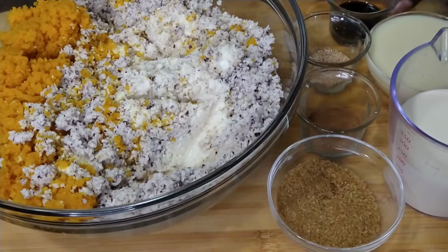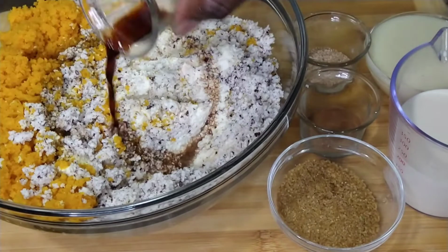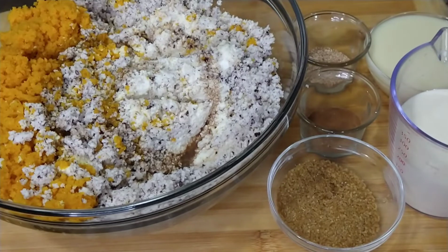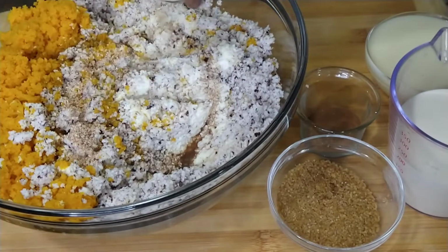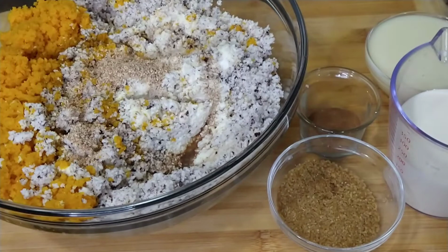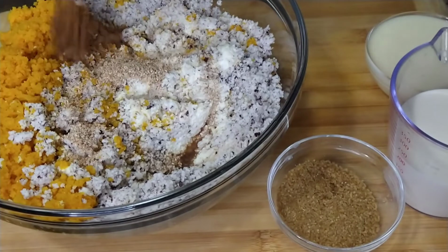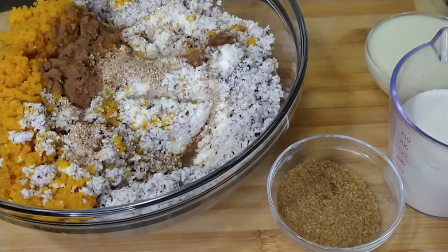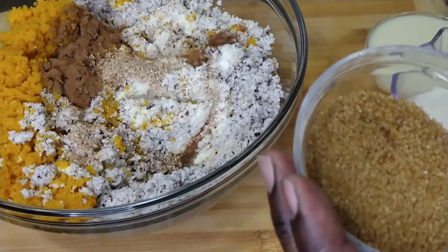So friends, for flavor, next I'm going to go right ahead and add my spices. Mixed almond essence, nutmeg, cinnamon powder, brown sugar,